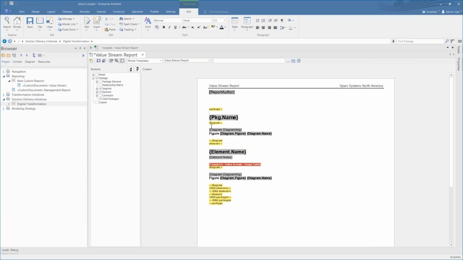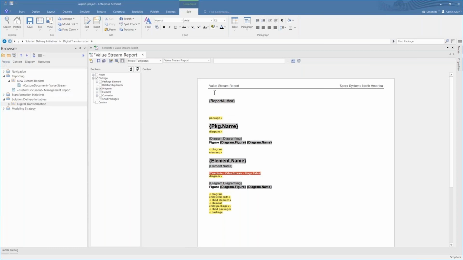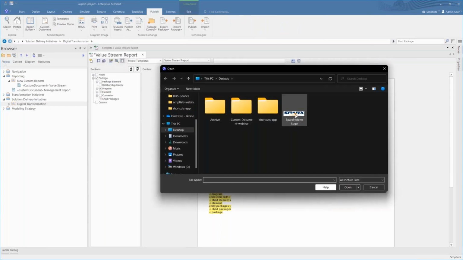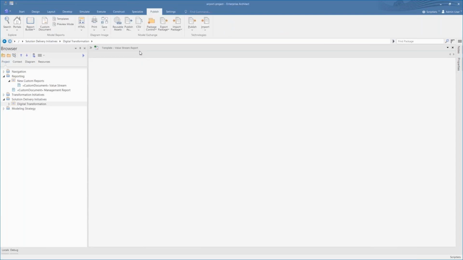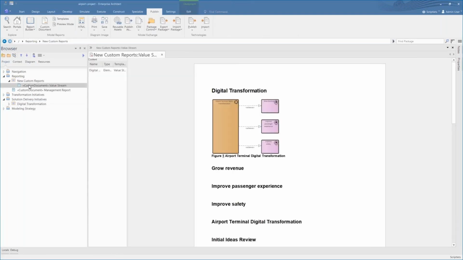And the other thing I might do is insert a logo. So what we're doing here is we're building our own custom tailored template, which can be used by members of the organization. And you can, of course, apply fonts and styles and colors and build that up rapidly as well.